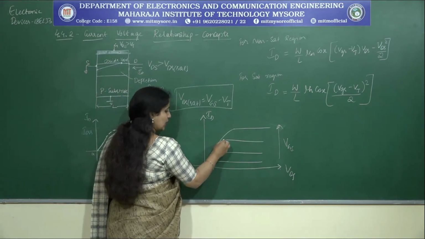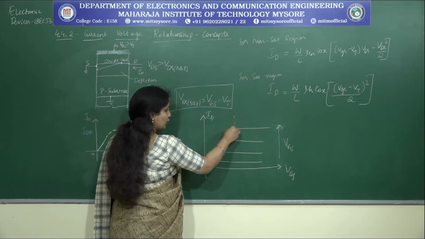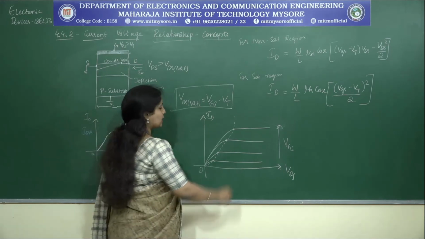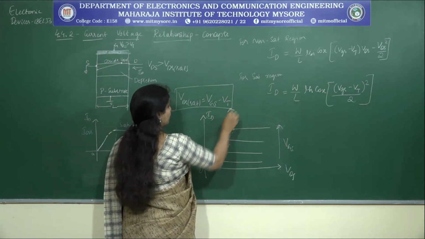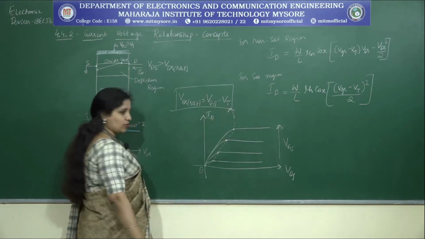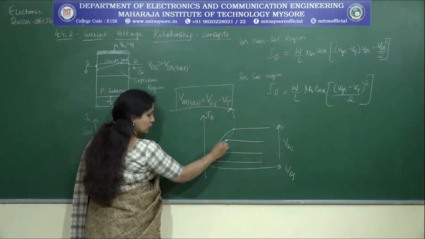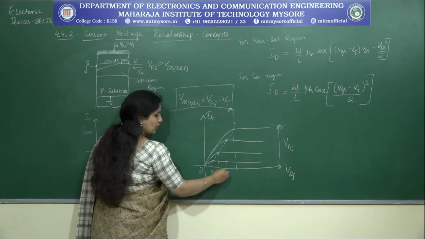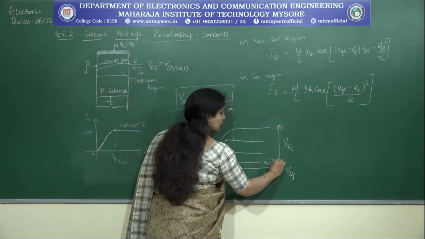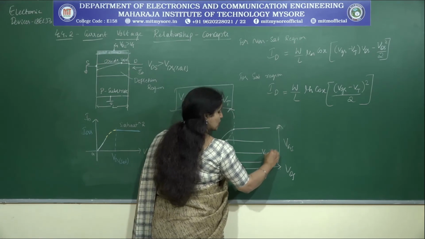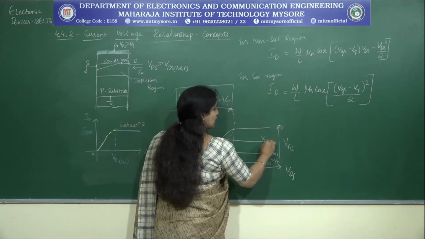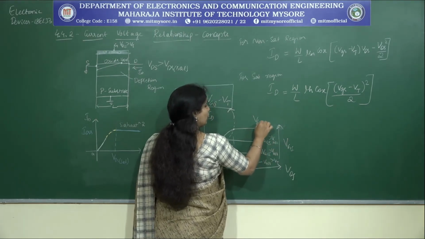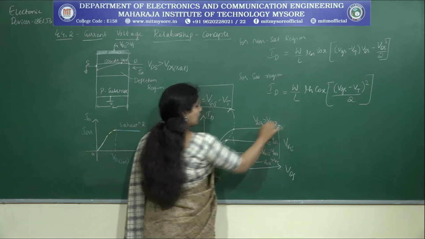Now if I connect all these and plot the characteristics, this is called the transconductance characteristics, and the equation for this is VDS sat equal to VGS minus VT. These are nothing but the VDS sat values for different VGS. This is VDS sat 1, for VGS1 which is greater than VT, and this is VGS2 which is greater than VGS1, VGS3 which is greater than VGS2, and then VGS4 which is greater than VGS3.